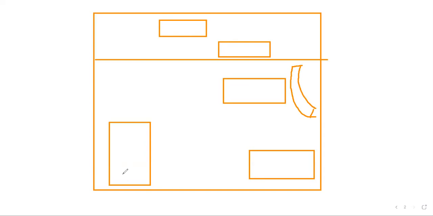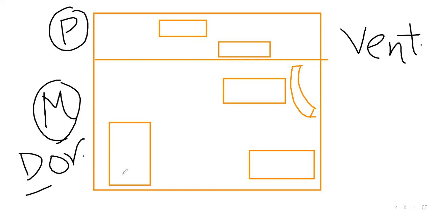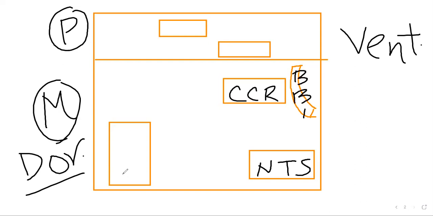The upper part I have already told, this is the pontine area, and this part is the medullary area. And here is the ventral part of the pontomedullary area, and this is the dorsal part of the pontomedullary area. This box can be denoted as the nucleus of tractus solitarius. Here is our central chemoreceptor, and of course our blood brain barrier. And here we can say it is the pre-Bötzinger complex, that is the central rhythm generator.